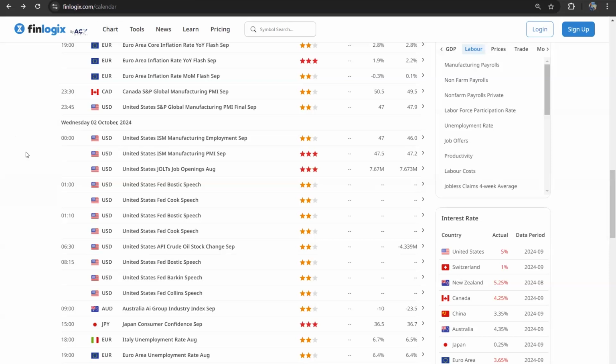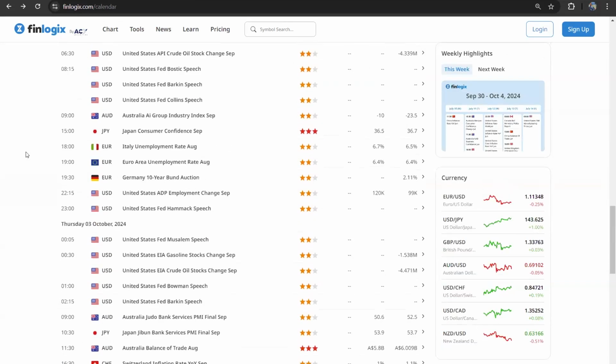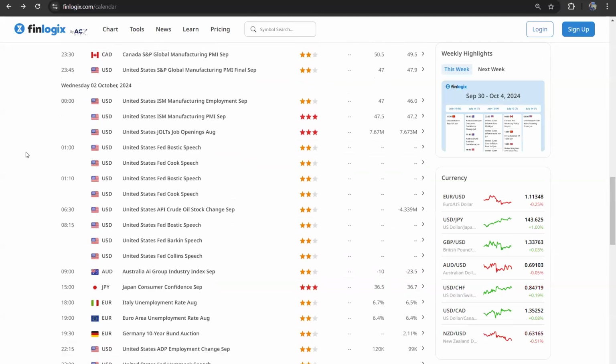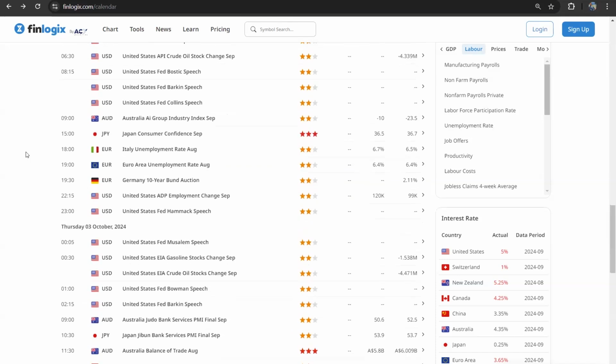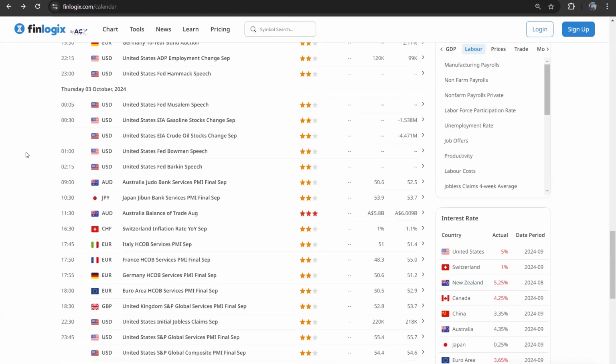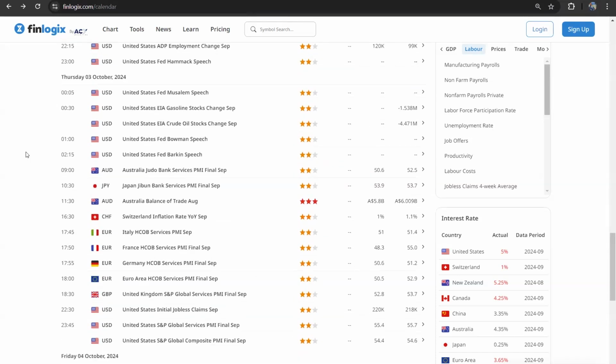All right, so moving on from Wednesday. There we go. Perfect. We have Japan consumer confidence, and that's pretty much it. And then, of course, Thursday we have Australian balance of trade, the month of August. Very, very important